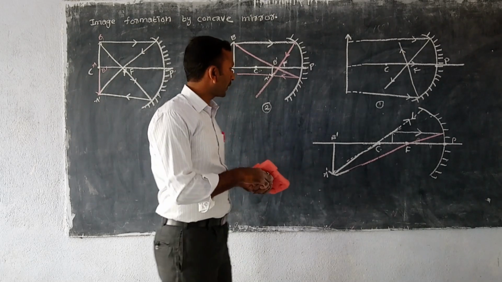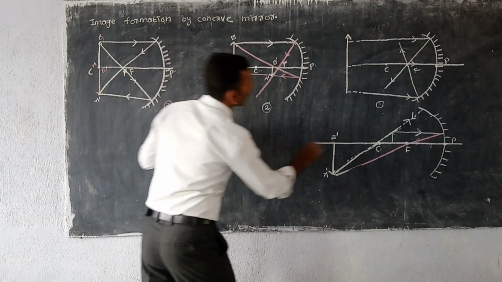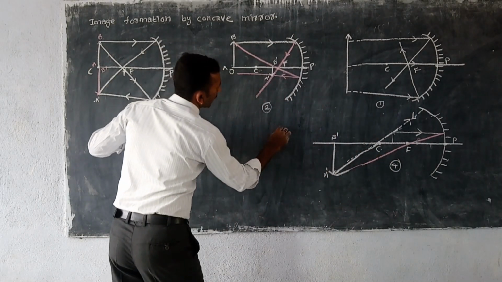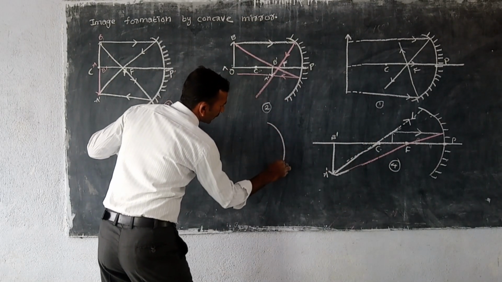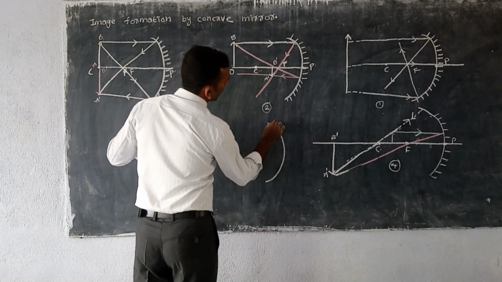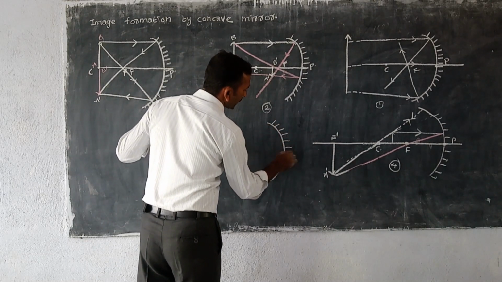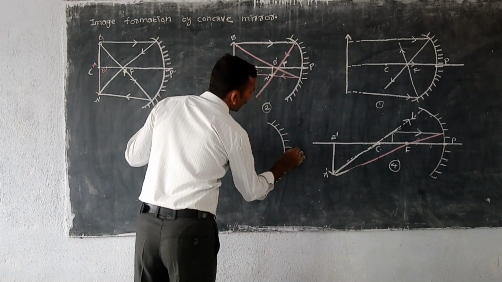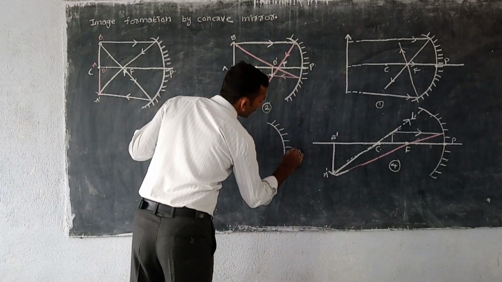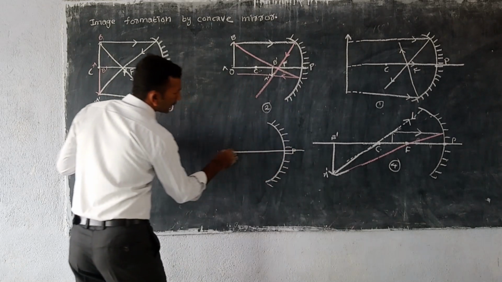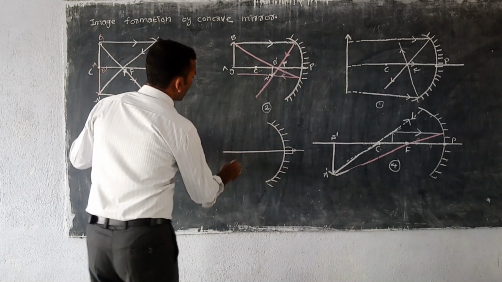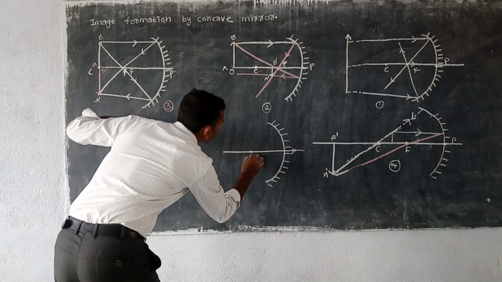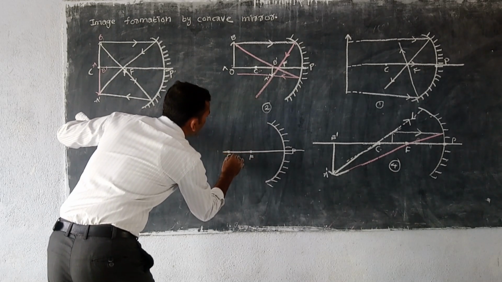Okay, and next we are drawing another ray diagram for a concave mirror, and this one is figure 4. We are taking another concave mirror, and this is the non-reflecting surface of the mirror. Now this one is the pole of the mirror. Here we are keeping the object at the focal point, and this one is the center of curvature.